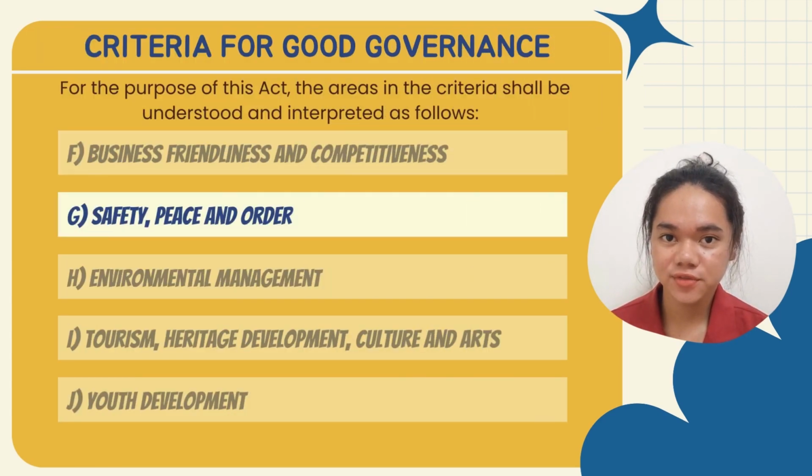And of course, we have safety, peace, and order. This refers to a condition where an LGU establishes good and respectable performance in terms of maintaining peace and order in the community, as demonstrated by reduced crime rate, effective anti-illegal drugs campaign, and efficient traffic management, among others, through the implementation of activities, programs, and policies, and the appropriate provision of support mechanisms to ensure the safety and protection of its constituencies from injuries and unnecessary threats to life, security, and poverty.